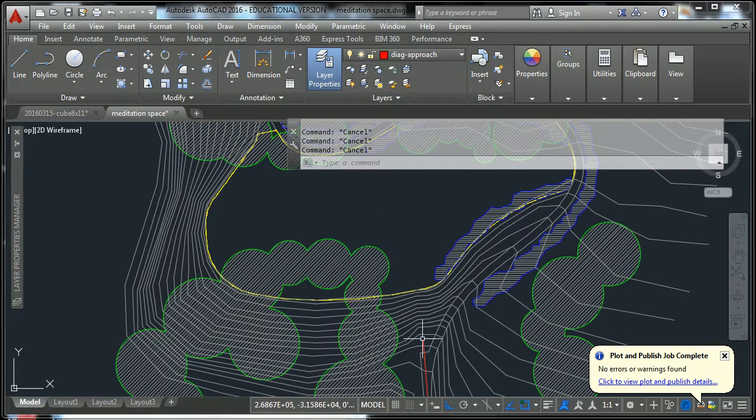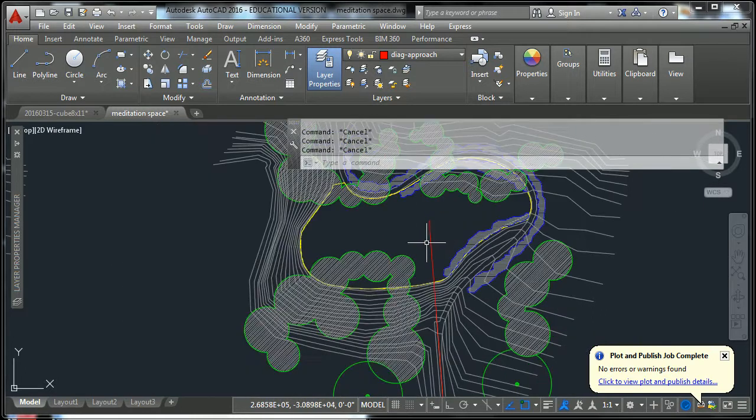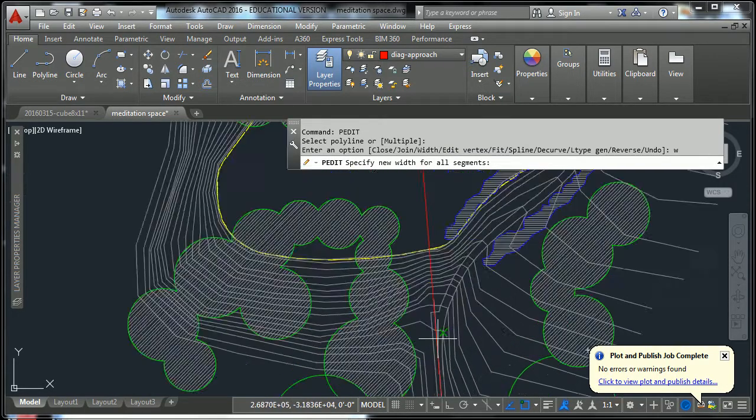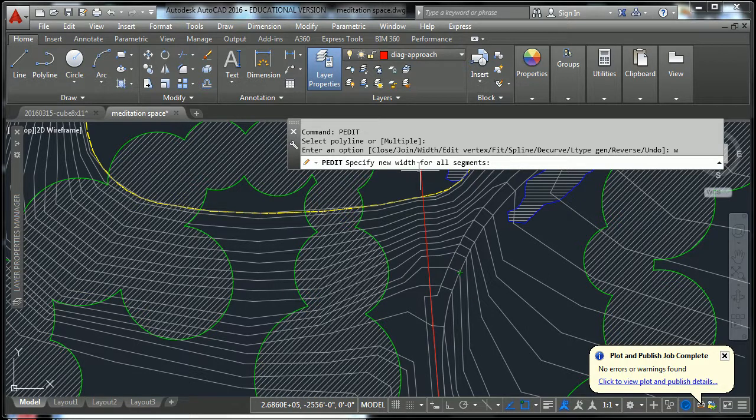And to stretch it out to about the middle of the site. Since this is a polyline, I can change the width of this thing. So p-edit, select the object, and then right here it says width. The hyperlink is width, or you could type in W, and then it'll say specify the new line width. This right here is gonna, the street, I don't remember, it's about 10 feet or something. So if I say the new line width element is 10 feet,